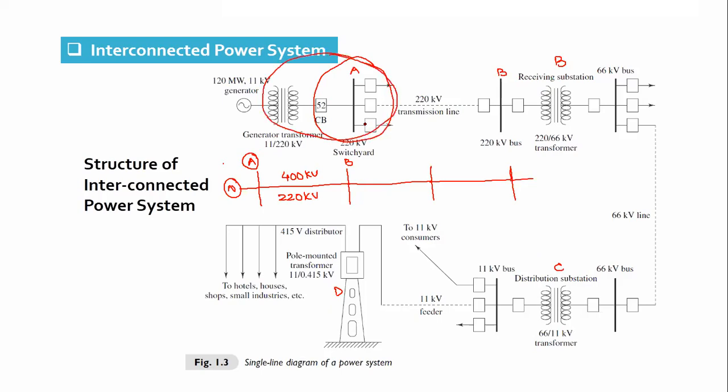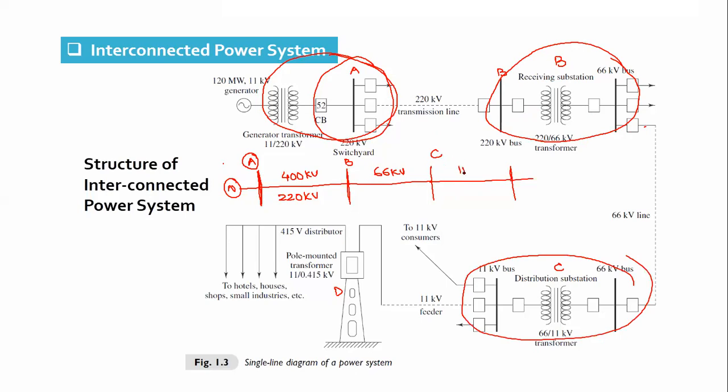Transformers and circuit breakers, bus bars, everything, but symbolically it is represented by a single line. Substation B means it is an arrangement with all the switchgear and auxiliaries at substation B. But in the diagram, for the sake of simplicity, we represent it with a single line diagram. Okay. So suppose this is a 66 kV line connected between B and C. This is substation C, and this is an 11 kV feeder, and D is, let's say, PMT, and here there will be load.